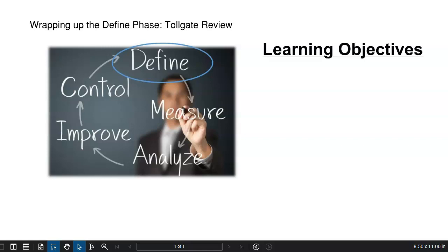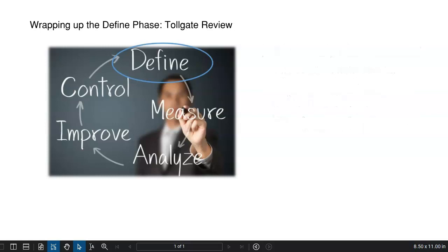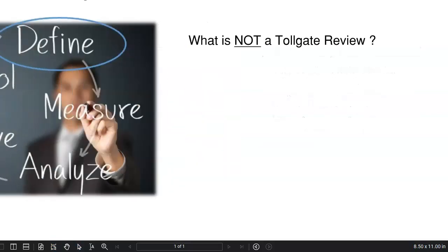be to compare Tollgate review meetings with other types of project-driven meetings, to provide a list of common artifacts that you'd bring to a Tollgate review meeting, and to review the activities and decisions that are frequently made inside a Tollgate review meeting. So I think the best way to describe what a Tollgate review is to compare it to